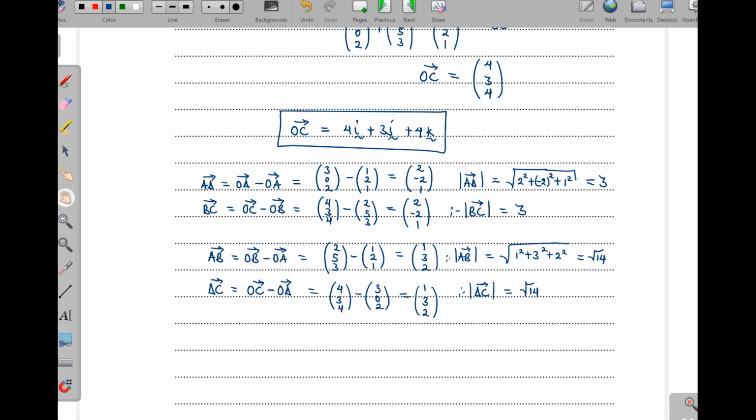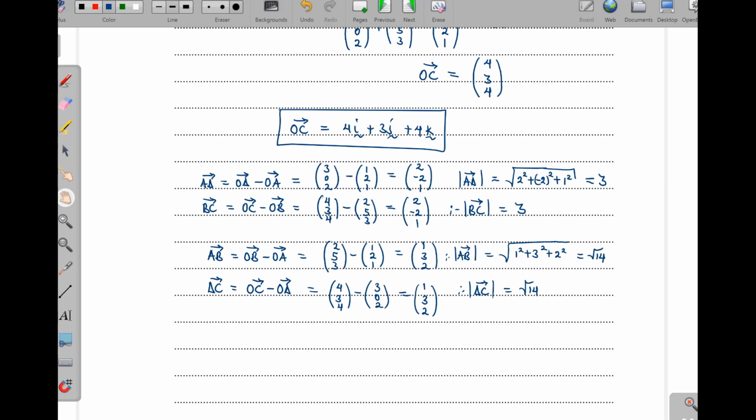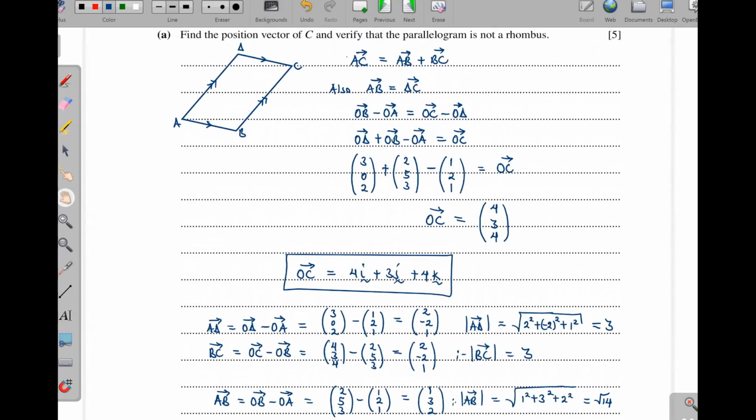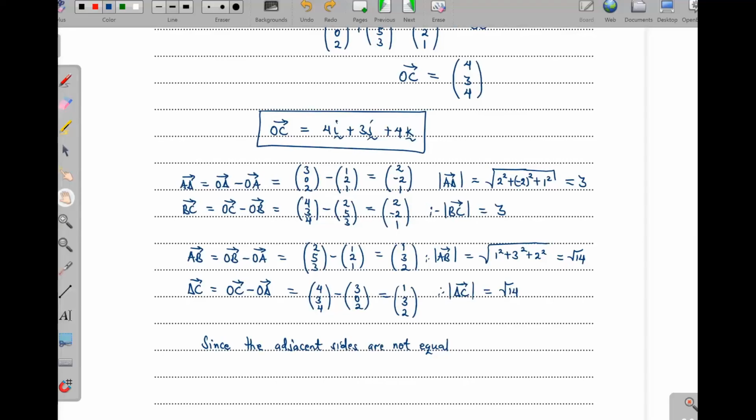So this is a rhombus. I mean, this is a parallelogram. So I can conclude, since the adjacent sides are not equal. So what am I talking about? The adjacent sides. This one is not equal to that. Since the adjacent sides are not equal in length,